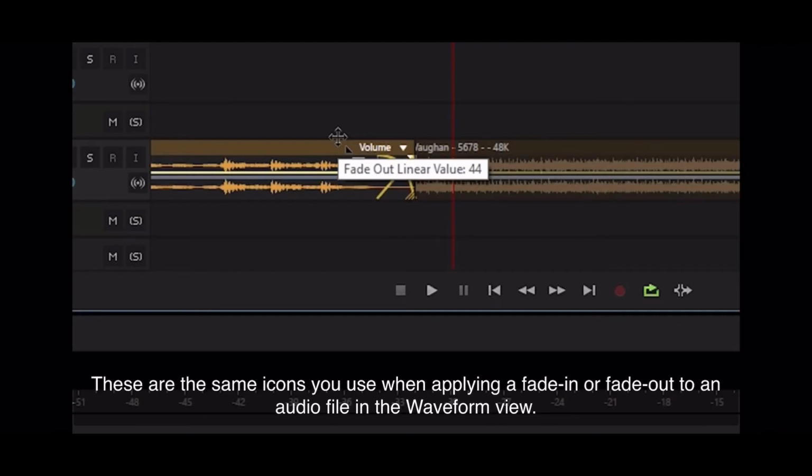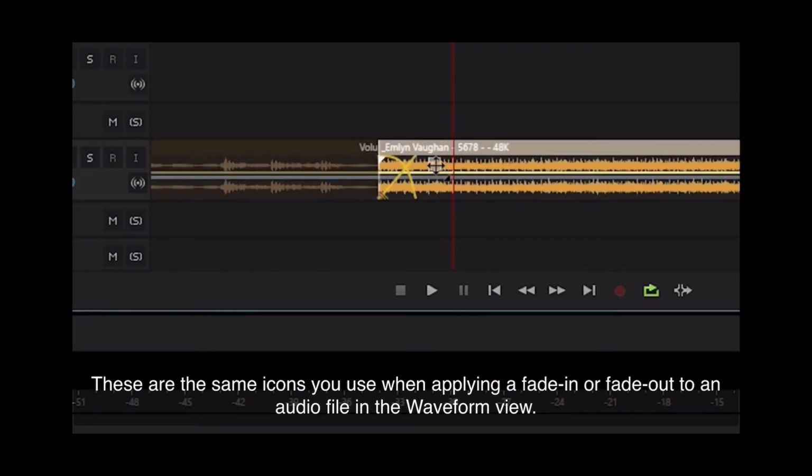These are the same icons you use when applying a fade-in or fade-out to an audio file in the waveform